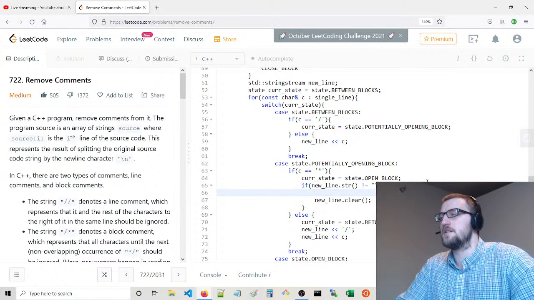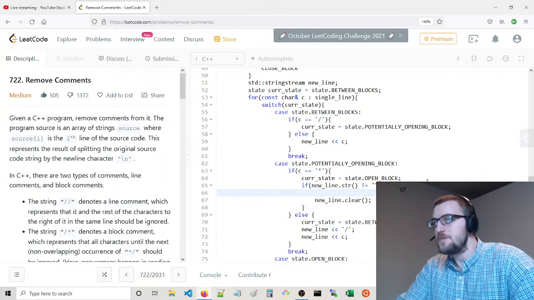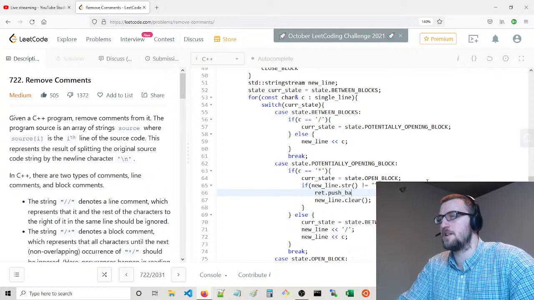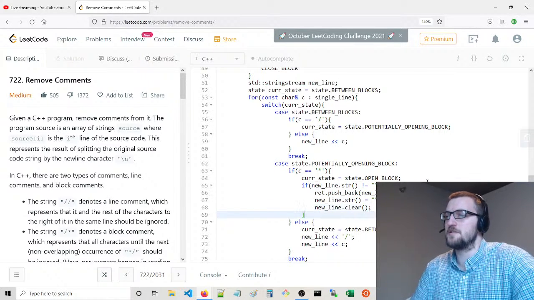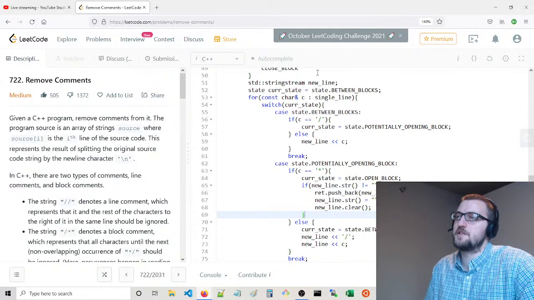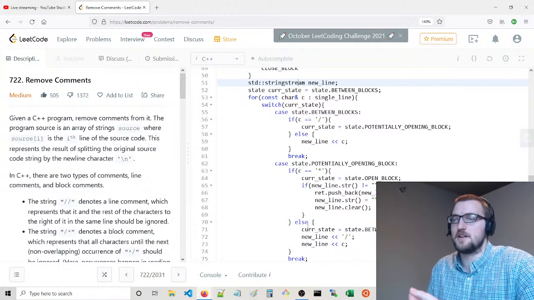We're going to set a few things. We're going to say ret dot pushback new line dot string. We're going to update the new line string, clear it, set that to the empty string, and we're going to clear the, so a string stream object has like state.